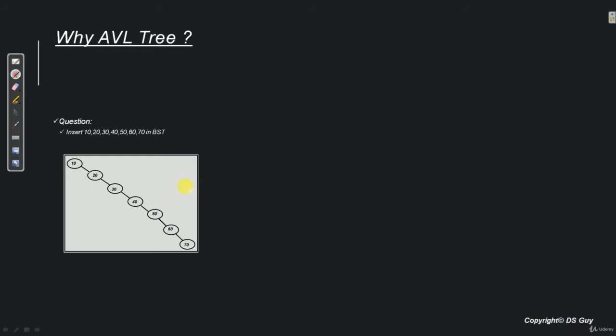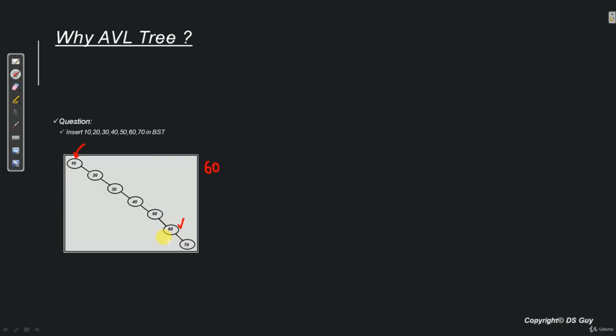Now let's say our next task is to find if number 60 is there in this tree or not. So for that what do we do? We start from the root node, keep traversing towards right until we reach the leaf node or number 60. So we reach number 60 over here, so we return this node. We are still good till now.